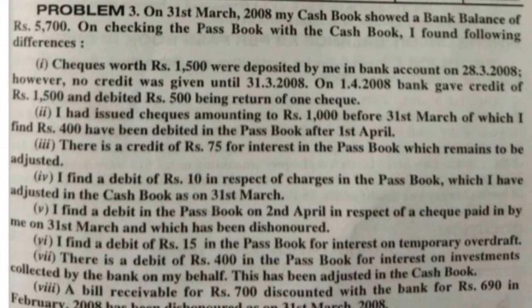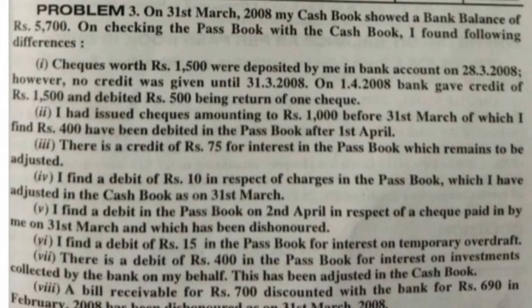Okay, 1500 is a receipt to Bunty. So the 1500 check he deposited into the bank means bank account debit to cash account. So bank should get debited in the books of accounts, that is in the cash book, and it should get credited in the passbook. Credit balance is always a favorable balance to the customer, so it should get credited in the passbook, but it is not getting added in the passbook in the month of March, and the passbook will be showing the decreased balance.